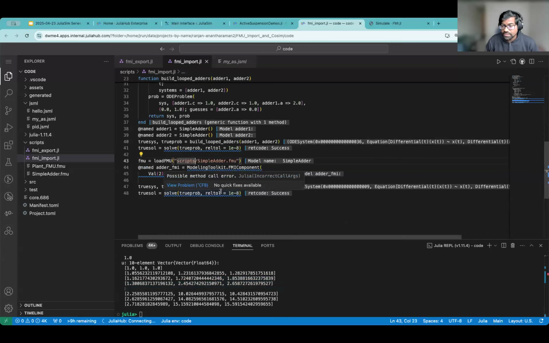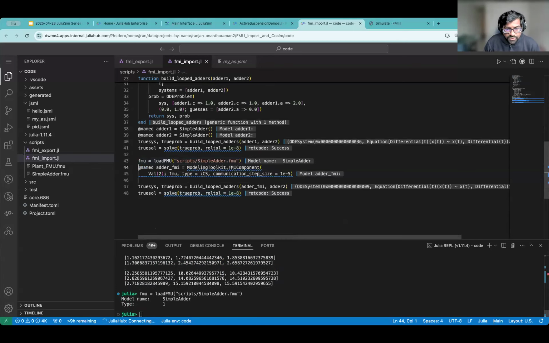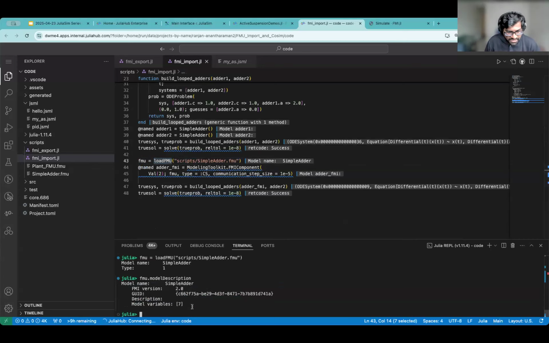Now with an FMU, you can load the FMU just like you would with the FMI.jl construct, and of course you can look at the FMU itself and interact with it. Perhaps look at the model description and so on. It'll tell you which version of the standard the FMU has been exported with, and